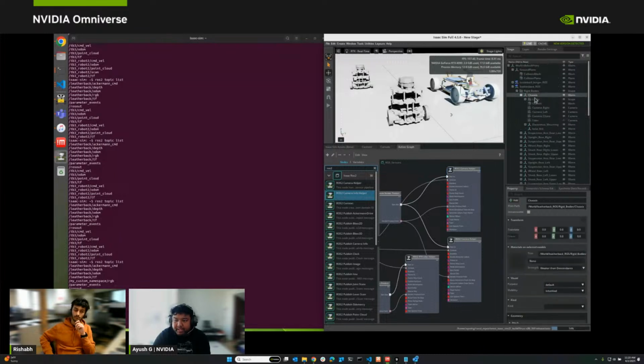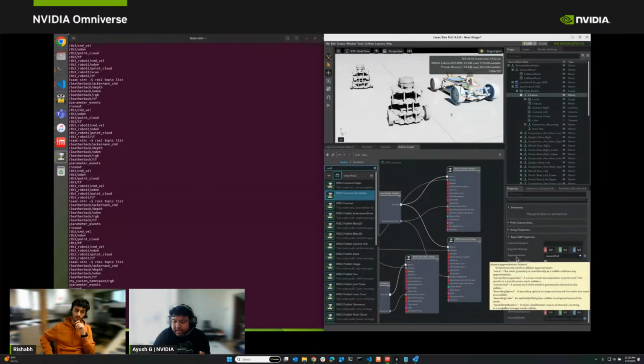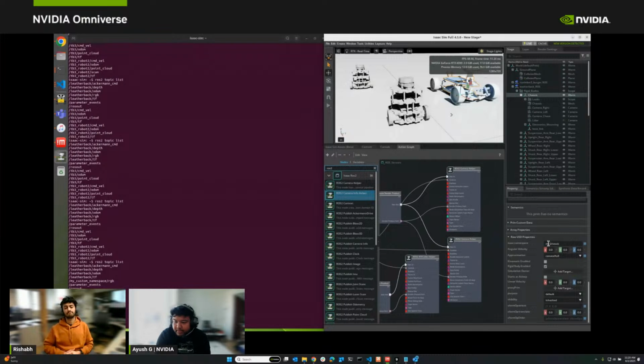Now, if I set up my namespace to be underneath chassis, for example, if I want to set up another namespace, I can just simply do that. I can just do add attribute Isaac namespace, and then I will set it to, let's say, chassis, or let's do my chassis, right? Now I'll hit play,